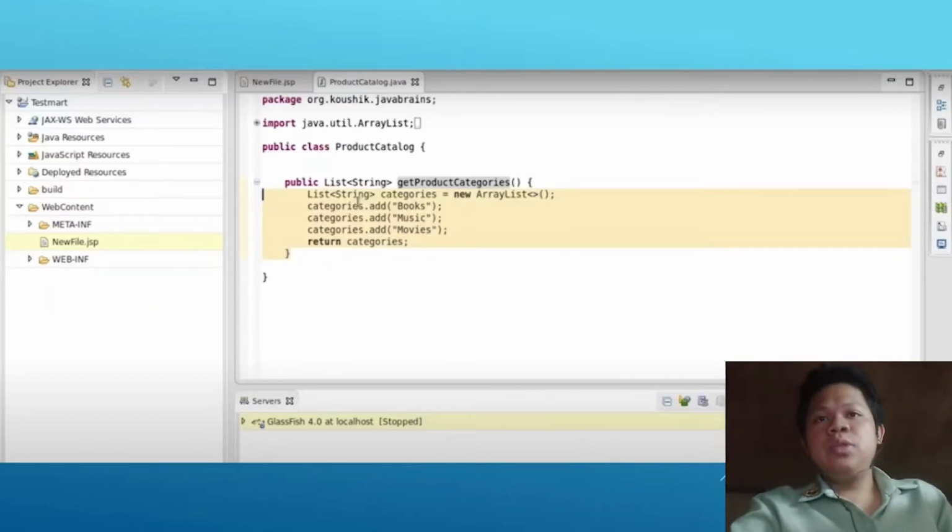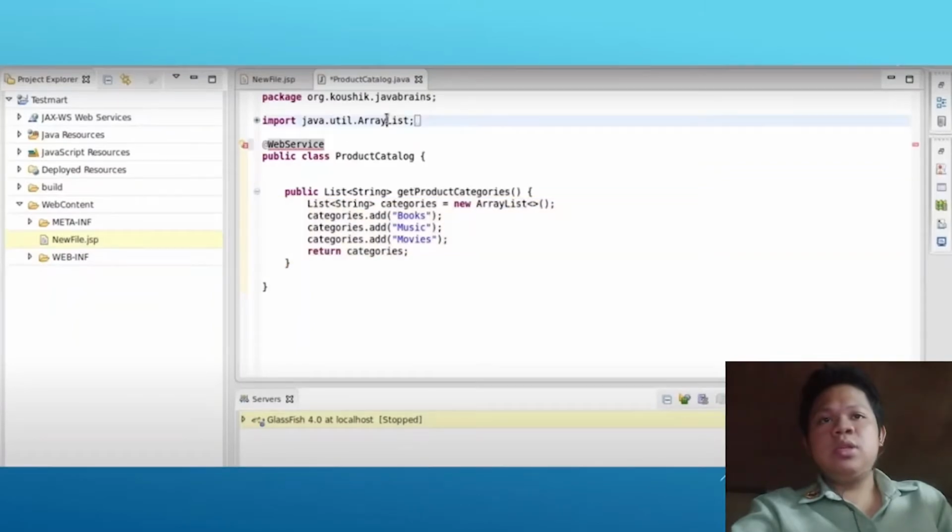What we need to do now is make this into a web service. Let's create a web service from ProductCatalog. The first step is to annotate the ProductCatalog class with @WebService. Just highlight the annotation, then click to import javax.jws.WebService. And now the class ProductCatalog is annotated as a web service.